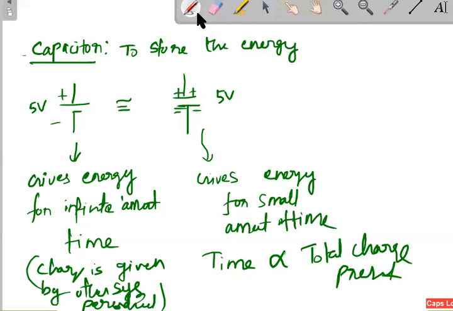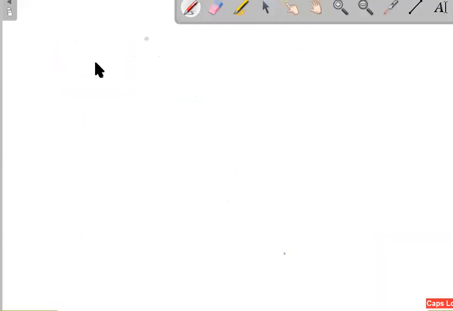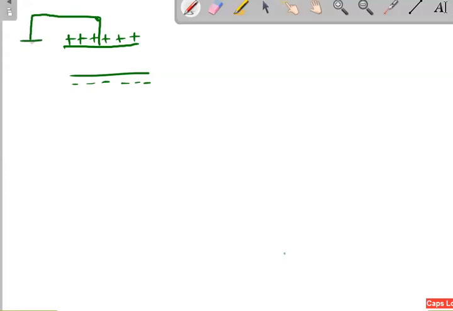Next, the capacitor looks like this in general. Say this is one plate, the top plate, and this is the bottom plate. The top plate will be connected to the positive of the battery, and the bottom plate will be connected to the negative of the battery, in general through some resistance or some circuit. And what is the value of the capacitor actually? How do we determine the value of the capacitor? C is equal to epsilon.